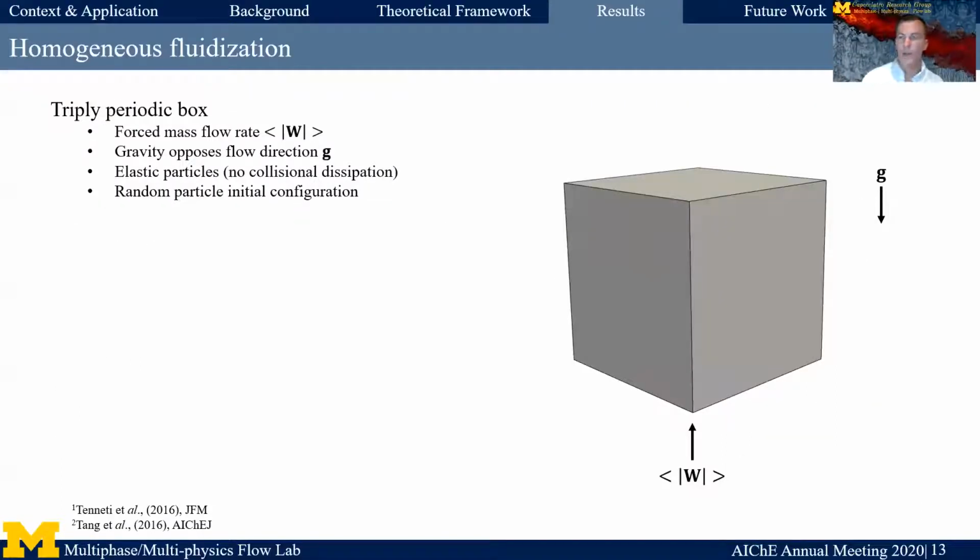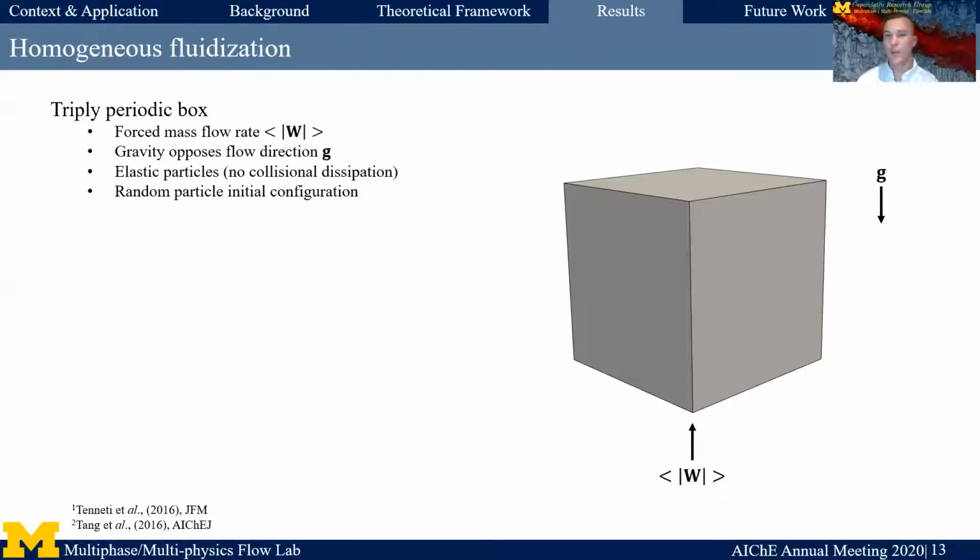The system we'll be validating against is homogeneous fluidization, and this has been extensively studied with particle-resolved DNS. Essentially, it's a pretty simple system where it's a triply periodic cube. We have a forced mass flow rate up through our particle suspension, and we have a gravitational body force that's going to offset that. We have elastic particles, so we're not considering collisional dissipation, and we'll start off with a